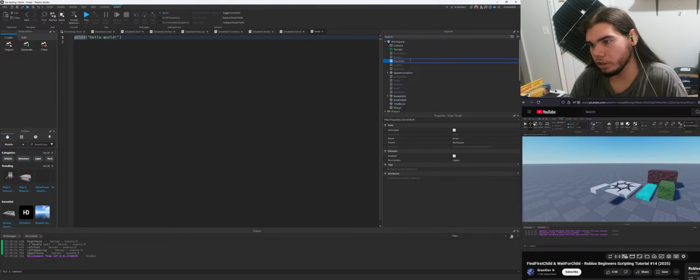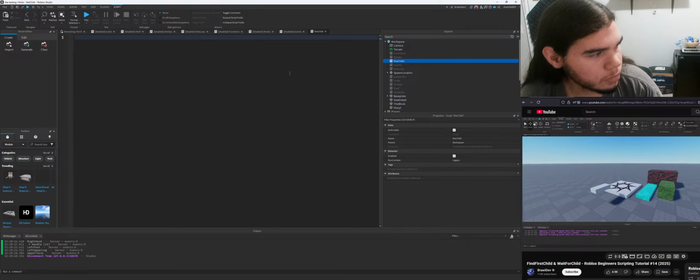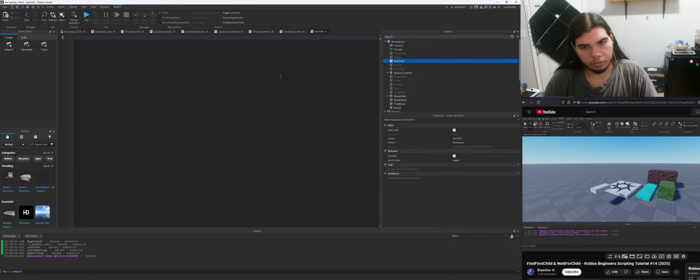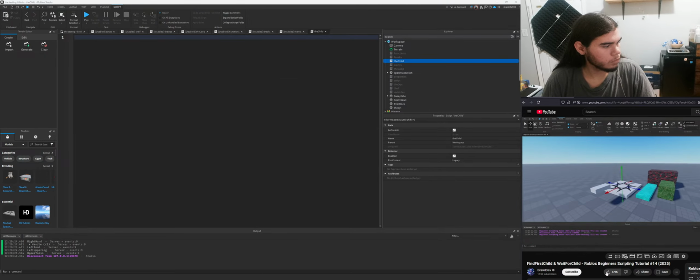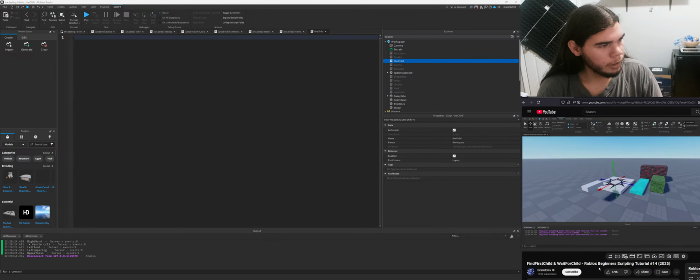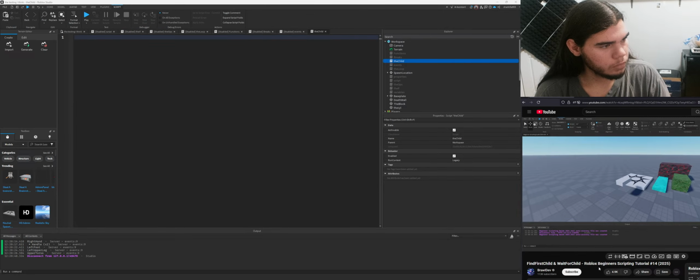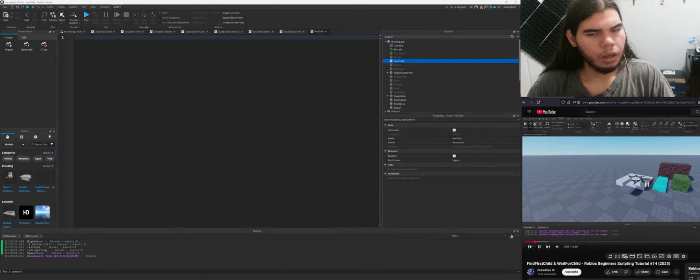So to recap, a game is basically comprised of all of these different folders that have their own specific use cases. Like let's say this workspace. It shows all of the parts that we can see within this 3D world that basically make up the workspace of the game. Now, when we're understanding this hierarchy, like if we open up this workspace,